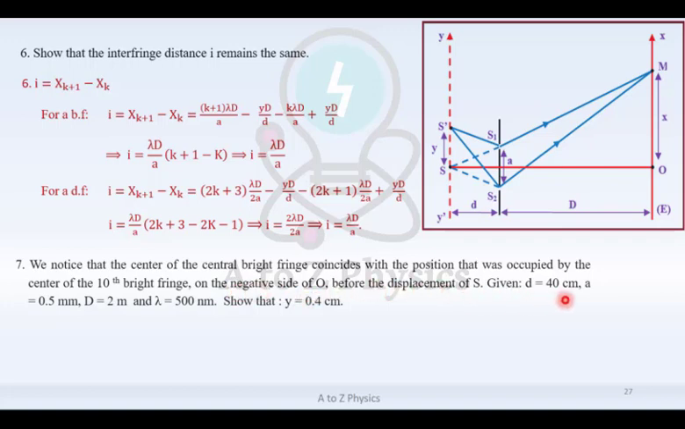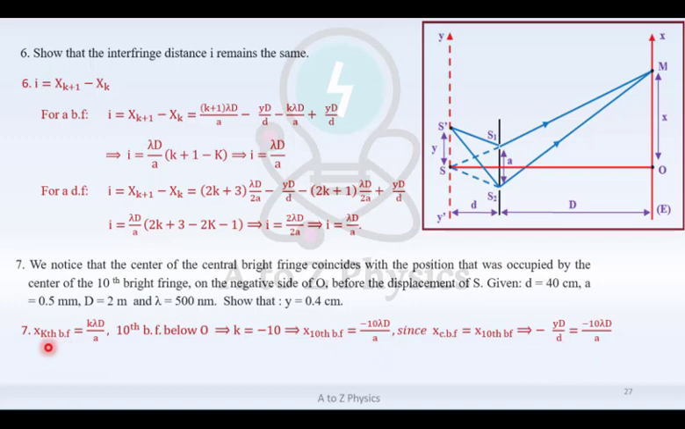Given d equals 40 centimeters, a equals 0.5 millimeter, D equals 2 meters, and lambda equals 500 nanometers. Show that y equals 0.4 centimeter. The expression of x of the kth bright fringe before we displace the source equals k lambda D over a. 10th bright fringe below O, so k equals minus 10. When we substitute k equals minus 10, we obtain x of the kth bright fringe equals minus 10 lambda